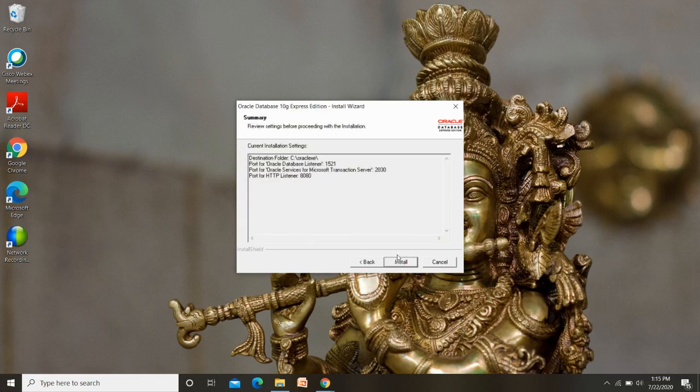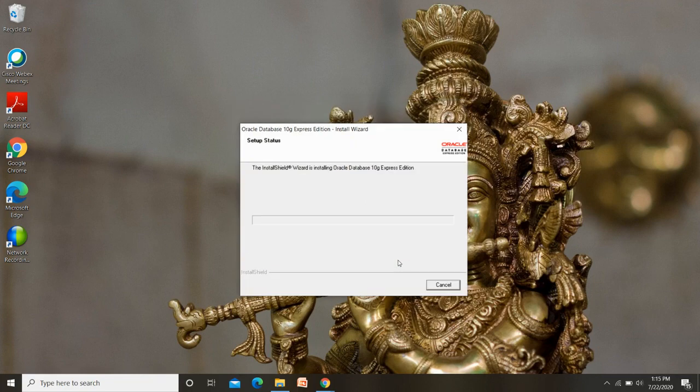Then click next. Then it is asking whether to install in this destination folder, so click on install. Here it is getting installed on your machine. Let us wait for a minute so that it completes the installation.